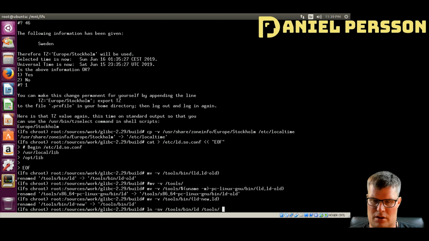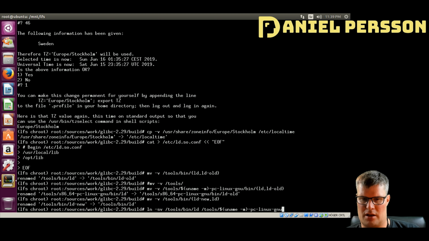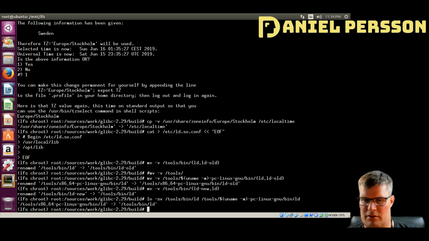Tools, and here we have uname again, so the machine, arch, PC, Linux, GNU, bin ld. So we link that up, and then we do gcc dump specs